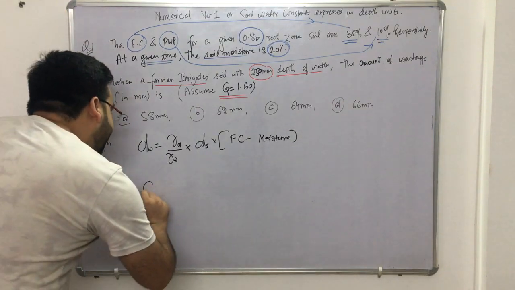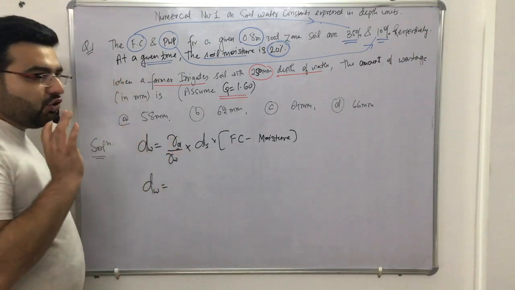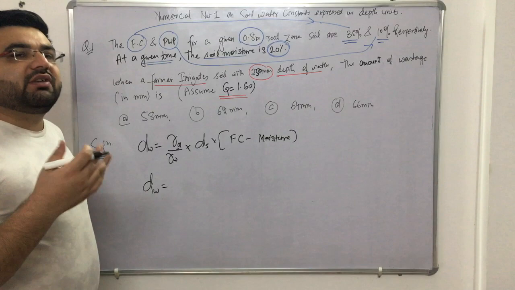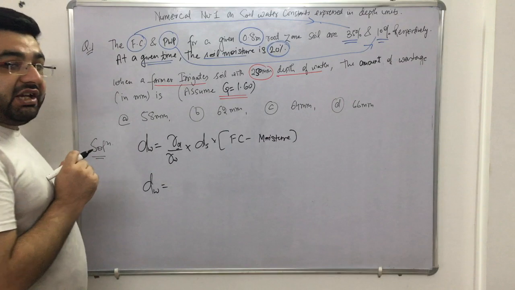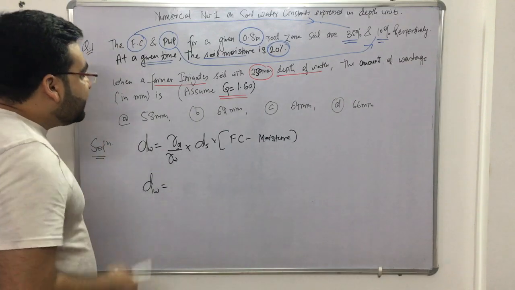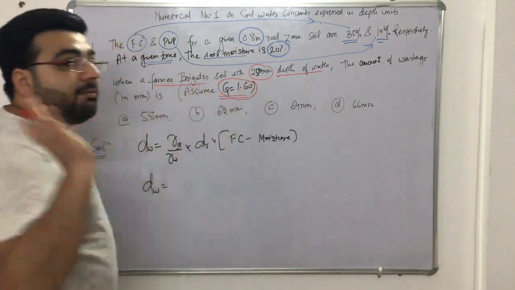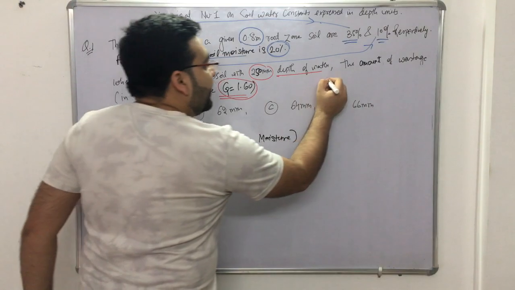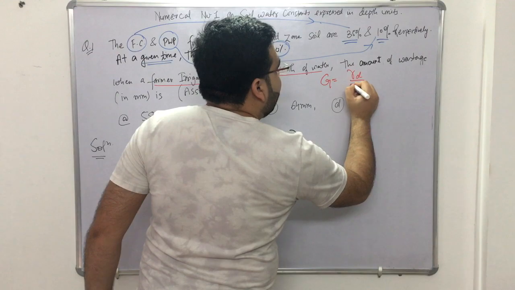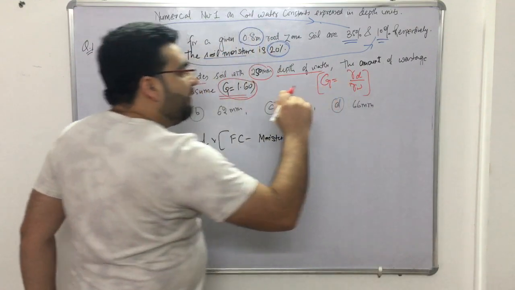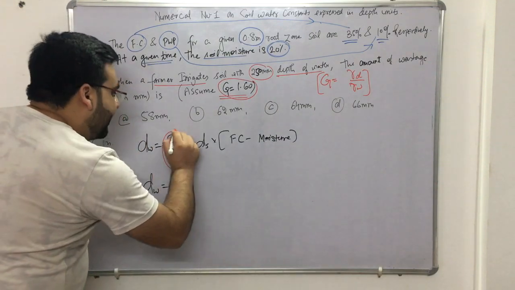So the optimum depth of water will be equal to gamma d by gamma w into depth. Gamma d is not given to me. Gamma w I know: it is 1 gram per cc or 9.81 kilonewton per meter cube. But instead of gamma d, the specific gravity is mentioned. If you remember soil mechanics, the specific gravity of a particular soil is given by gamma d divided by gamma w, that is, with respect to water. So can I replace this with G?